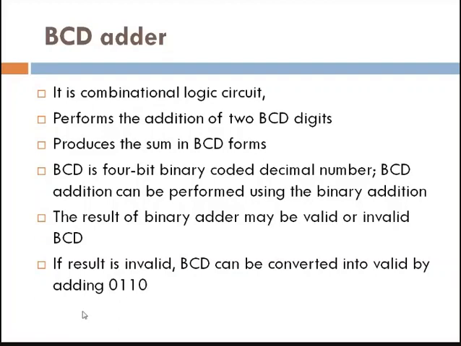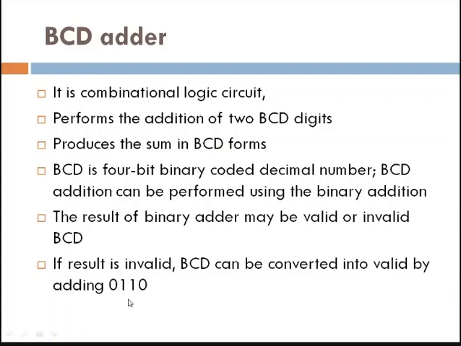Because for representing a BCD number we require 4 binary digits, and 4 binary digits give a total of combinations from 0 to 15. Out of 0 to 15, 0 to 9 is considered valid, and if you count from 10 to 15, there are a total of 6 invalid numbers for the BCD representation. So in this case, if you count, there are a total of 6 numbers. That's why we need to add 6 while we are converting an invalid to a valid result.